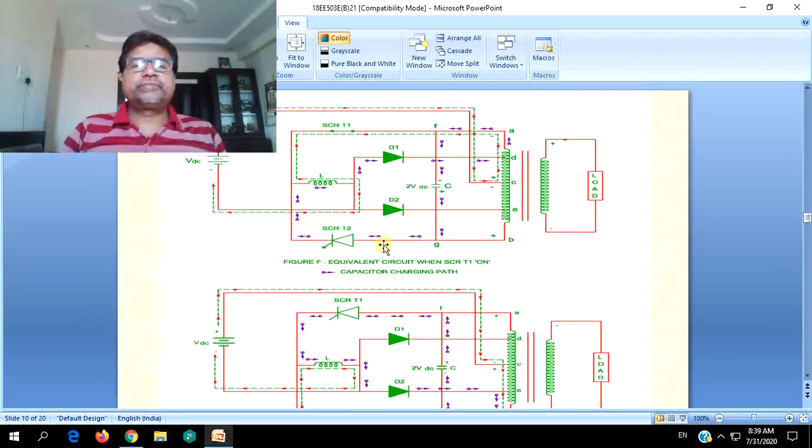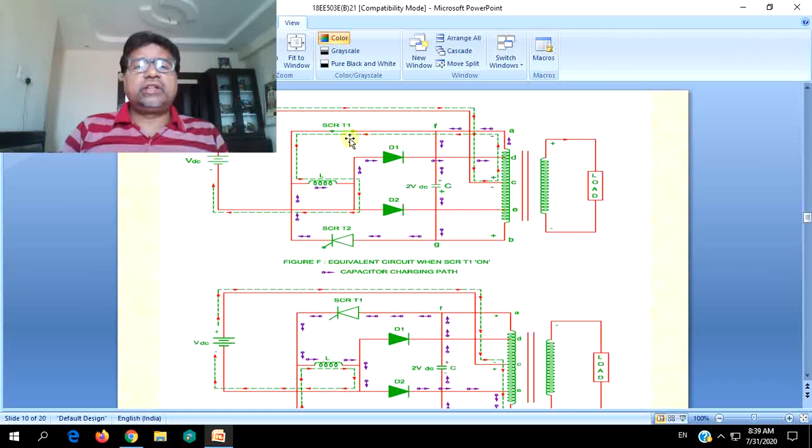See the first interval where T1 is closed, it acts like a short circuit. T2 will be holding a total of 2 VDC. All the basic features stand good: center tap transformer, all the turns ratios, the capacitor will be charged to 2 VDC, and the load will be getting only VDC, equal to the upper half or lower half of the transformer primary. All those things will hold good. Only thing is its operation becomes more refined, with proper utilization of the stored energy inside the capacitor and also the load inductance, so the efficiency will increase.